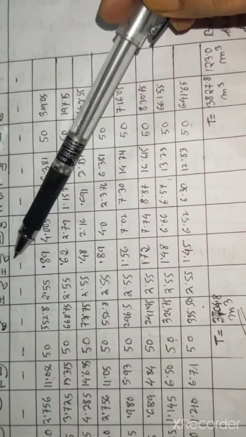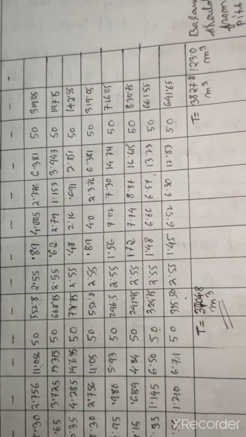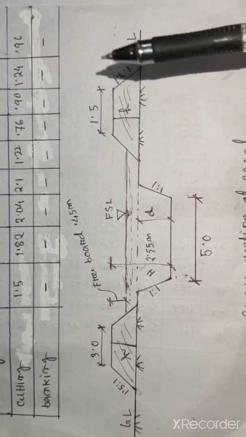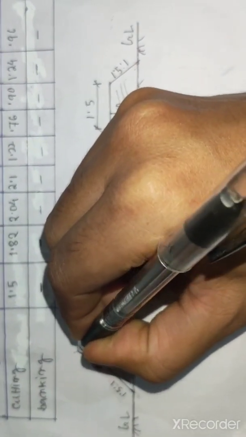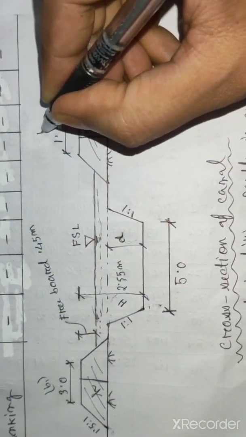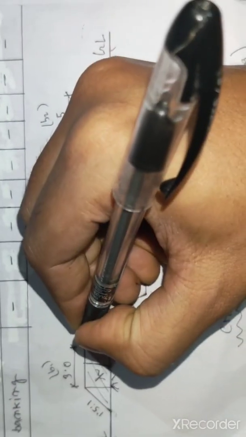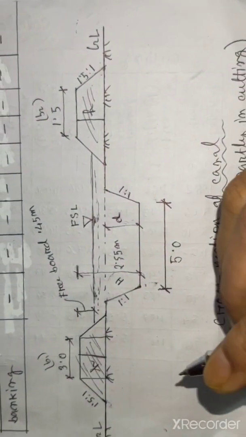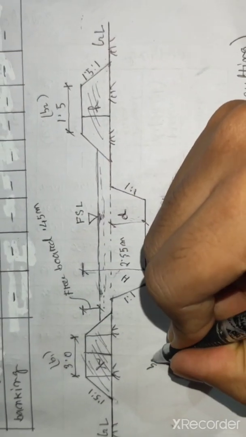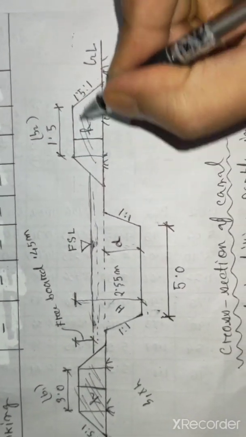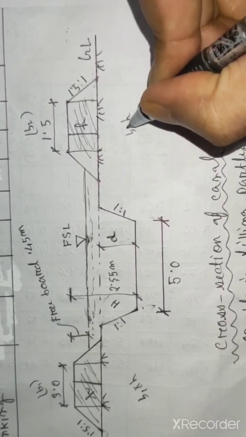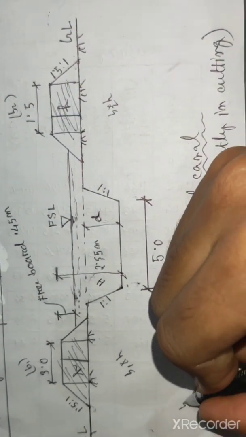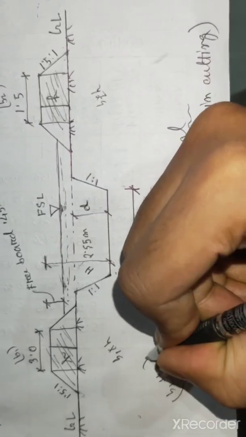Now once we have found out the value of h, we need to find out the area of the banks. How are we going to find out the area of the banks? I have already discussed this in the road part also. It is very easy. Suppose 3 meter is B1, 1.5 meter is B2. First of all, we need to find out this central area. It's B1 into H, and here the central area is B2 into H. So total central area is B1 plus B2 into H.